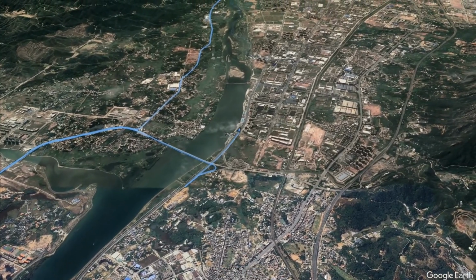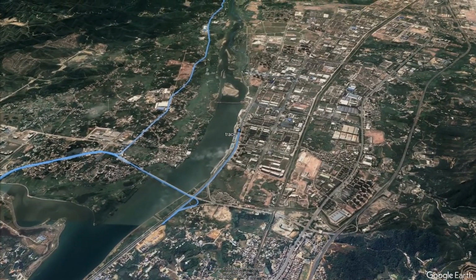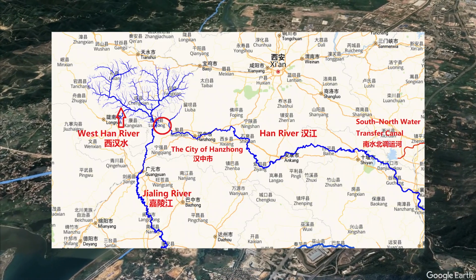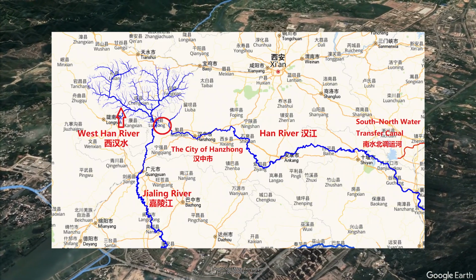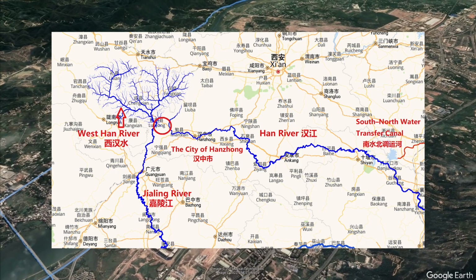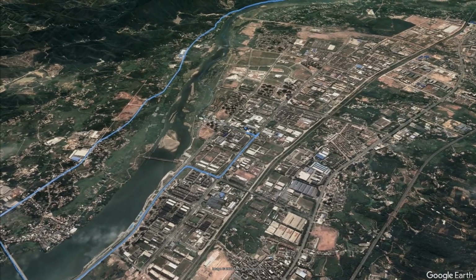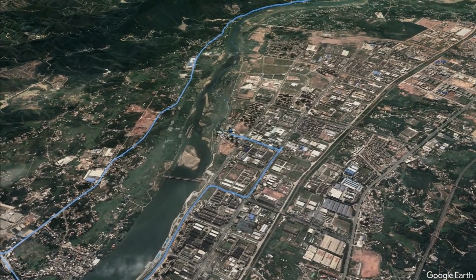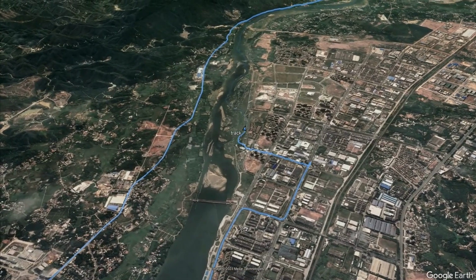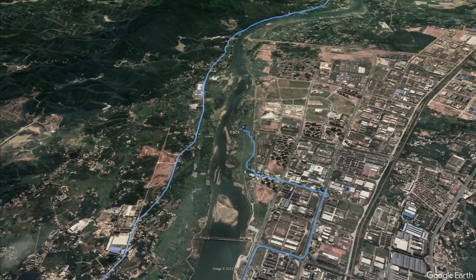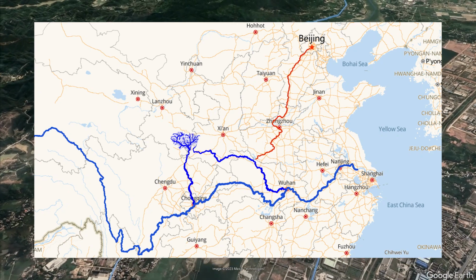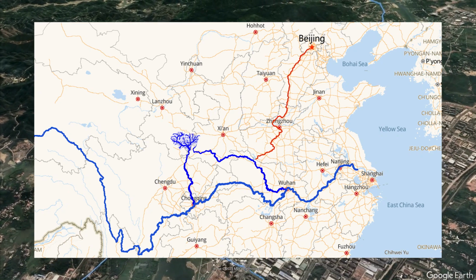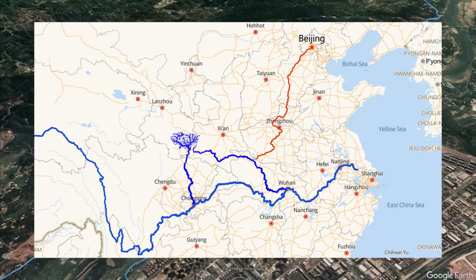As I mentioned just now, the West Han River still uses its original name, but it will never flow into the Han River. It may not be correct in the future. The government plans to dig up the earthquake-caused debris that has dammed the river for 2,000 years to allow the West Han River to flow into the Han River again. Because the south-to-north water transfer project has caused a water shortage in the Han River.